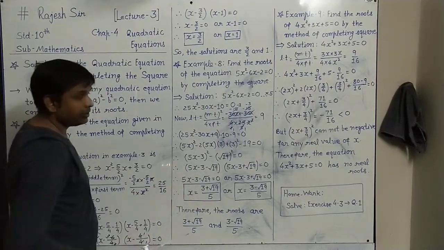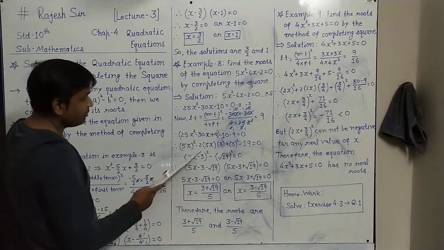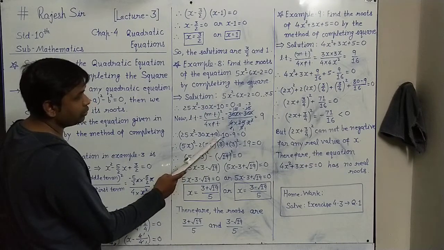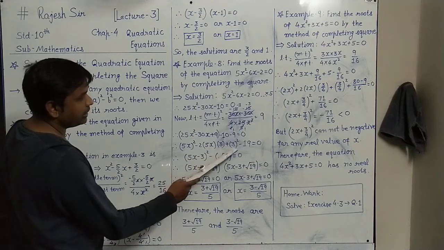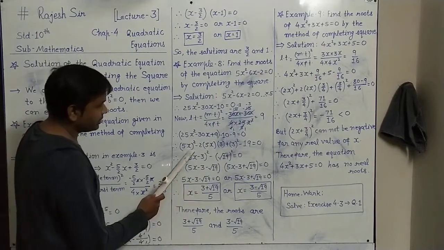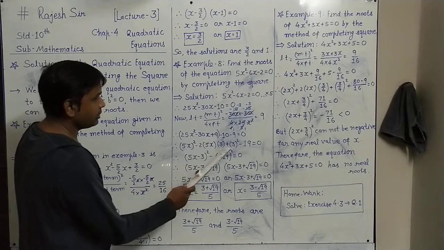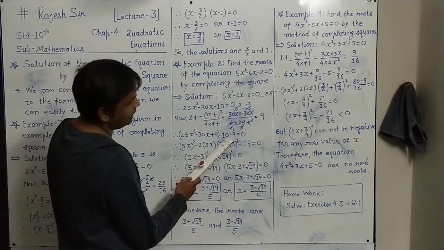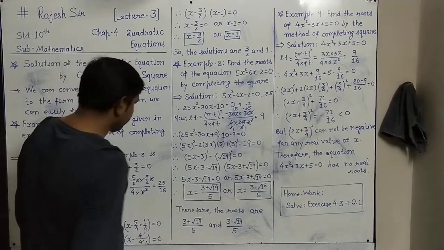Now for the first three terms we will adjust again this way. The first three terms we will adjust as first term 25x square can be written as 5x the whole square, minus 2 into first term is 5x into the root of last term 9 is 3, and plus 9 can be written as 3 square. So this all the three terms can be written this way. When 5x the whole square becomes 25x square minus 5 to the 10 is 30x plus 3 square is 9. So these three terms can be written this way. And about the last two terms, minus 10 and minus 9 becomes minus 19 equal to 0.